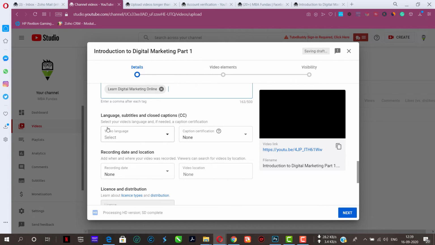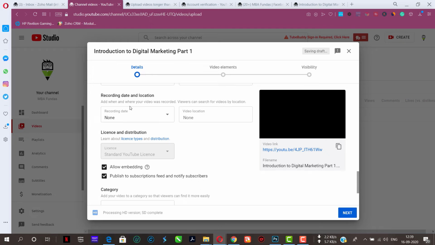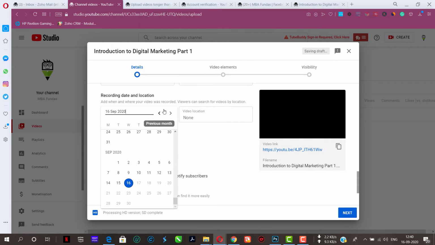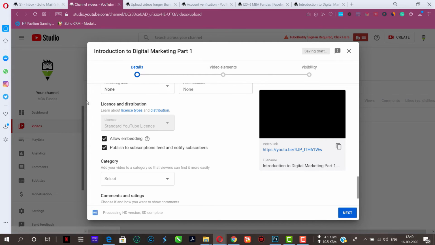If you have a specific language in your video, you can select the video language also, and you can select the caption also. You can also choose the recording date and location if you want to specify that. License by standard, it is a standard YouTube license which is applied. You can also allow embedding.